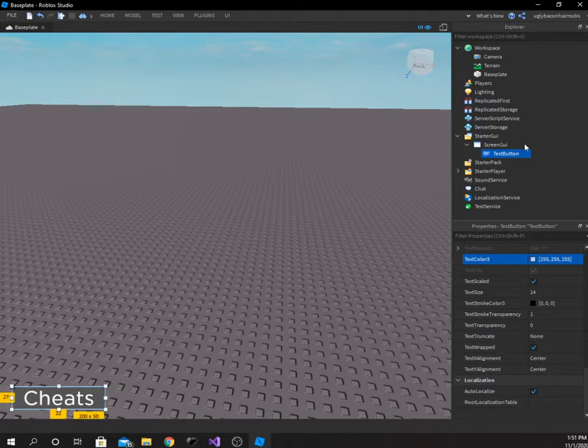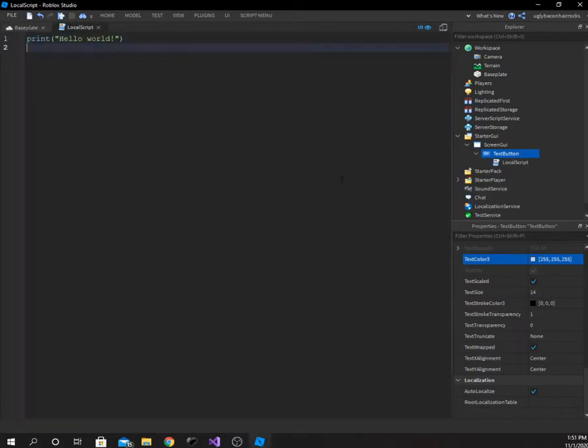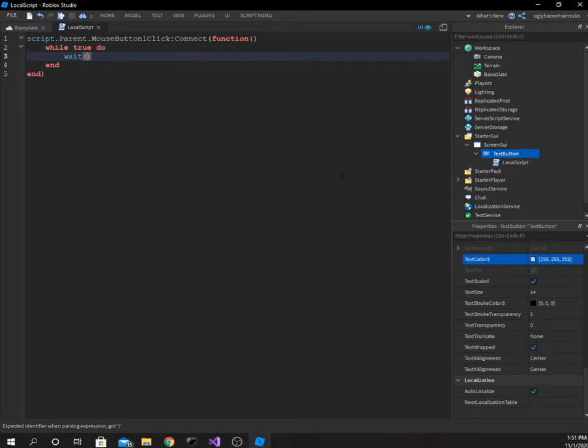Cheats. Now I'm going to start in local script, and we're going to type script.parent.MouseButton1Click:Connect(function), one of the basics for button script, and we're going to do while true do, wait 2 seconds, and we're going to basically do if game.Workspace.Gravity equals 50, then